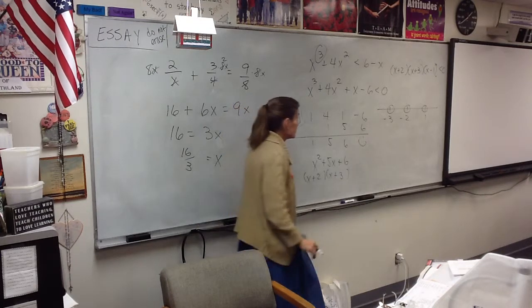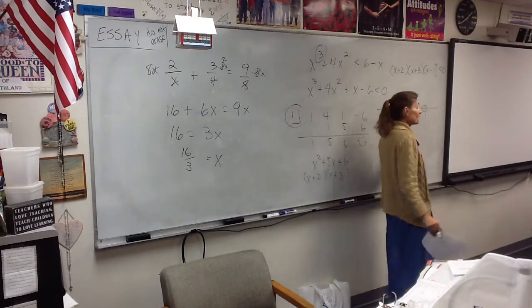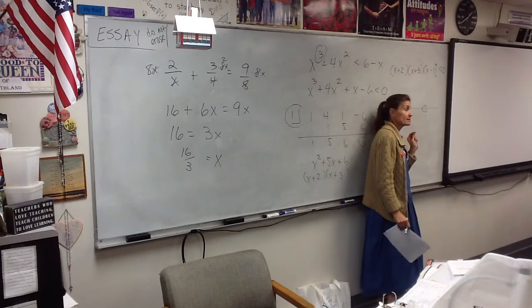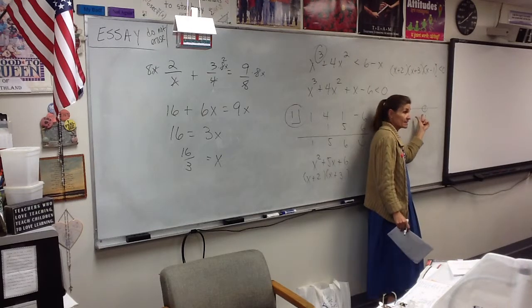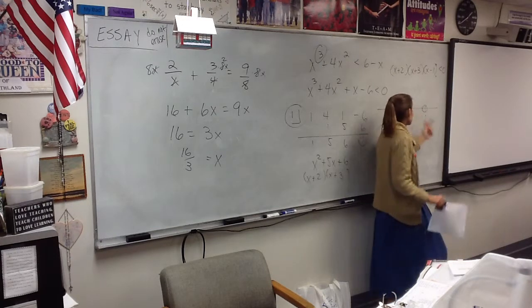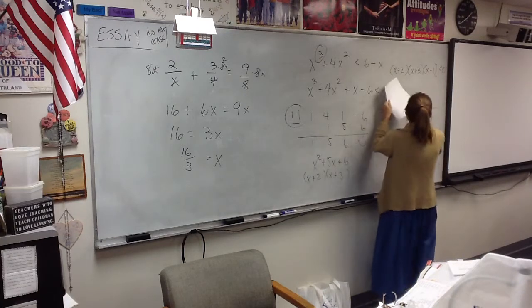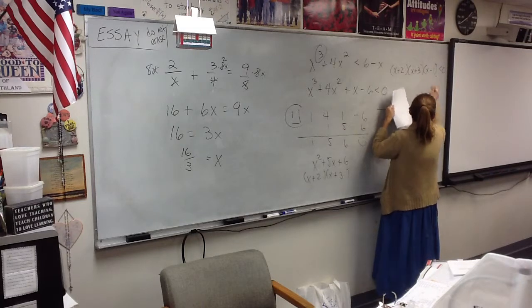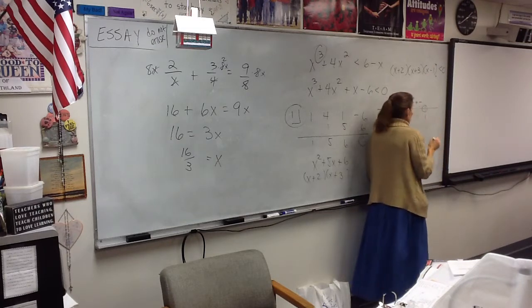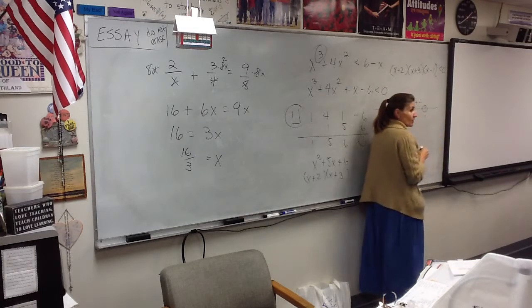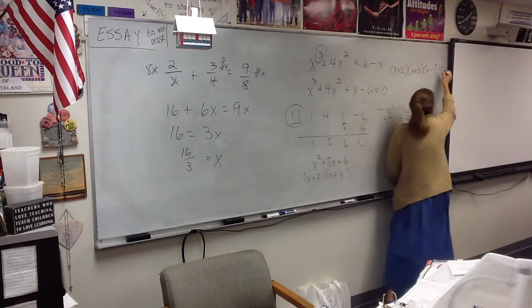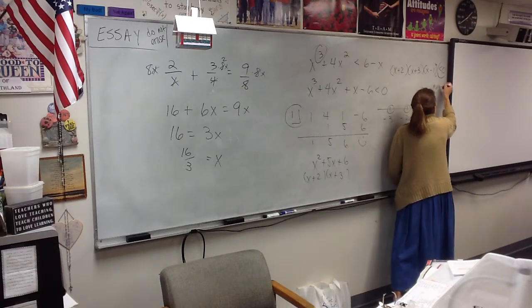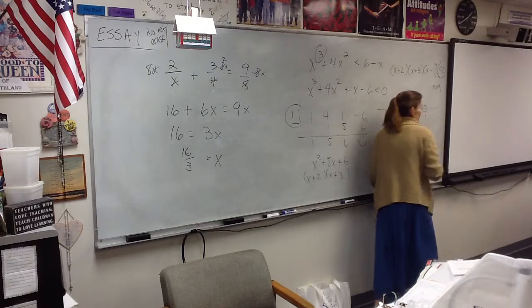0. Now, again, you're allowed to pick any number you want, but if you pick 0, pay attention to where it is. This is where 0 is. So I'm going to pick 0, and it's going to give me a positive, and a positive, and a negative. Now, when I multiply those together, it's negative. Is that what I wanted? Sure. Yes. So this works,